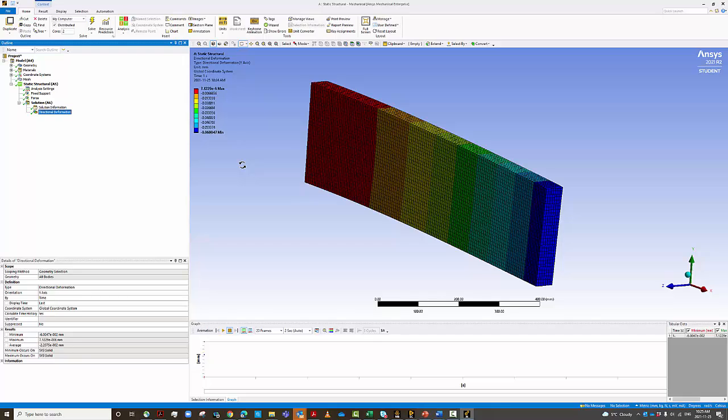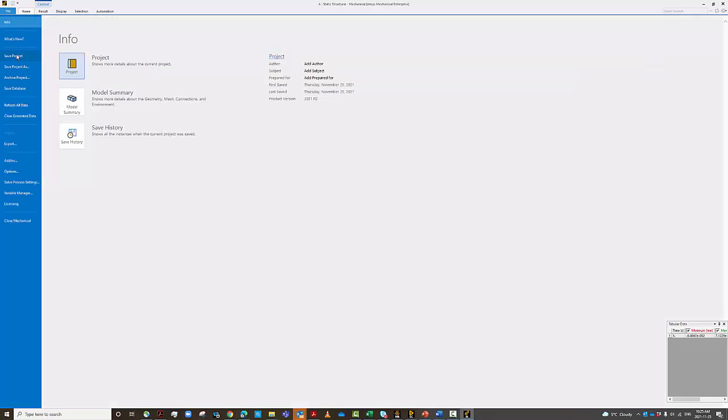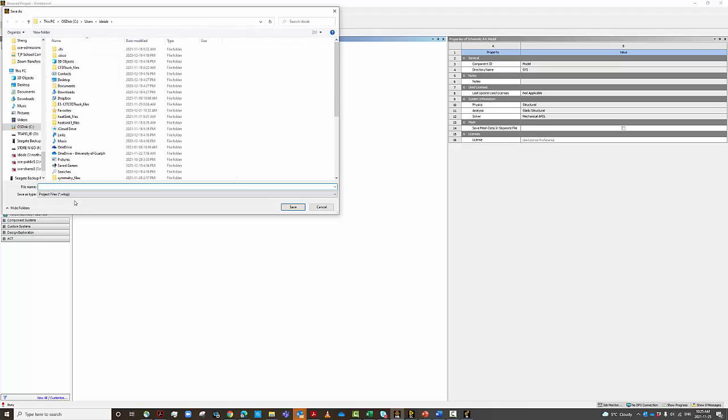Another way of doing this is you see, okay, if the first 3 significant digits are the same, I'm going to assume that the mesh converged. So there is no specific criteria on doing this. So I'm just going to save this project. I'm just going to call it mesh change,